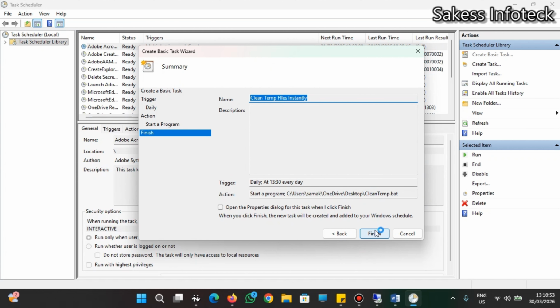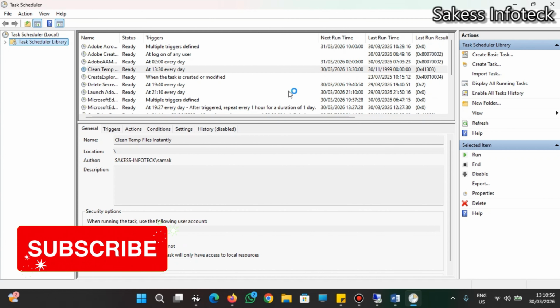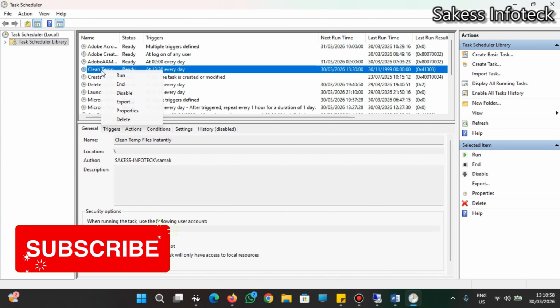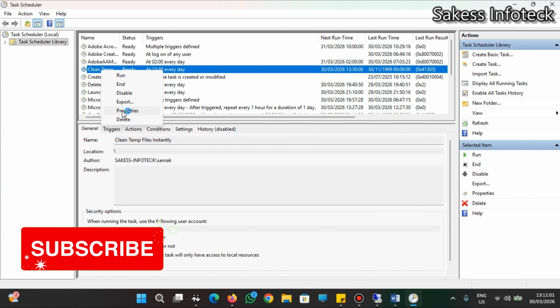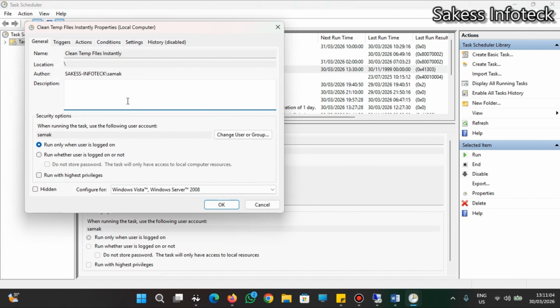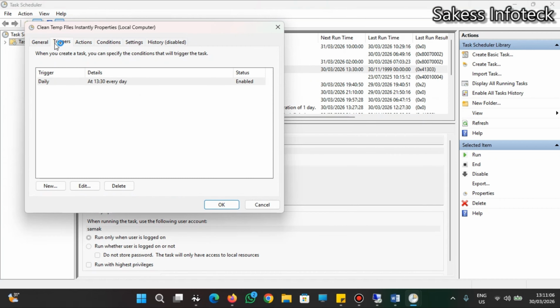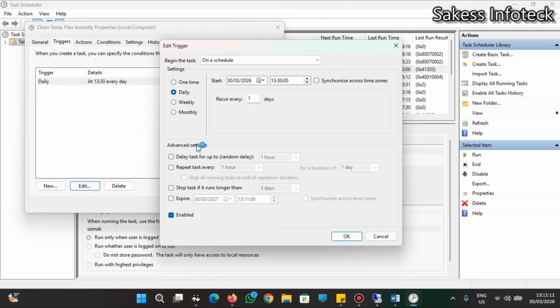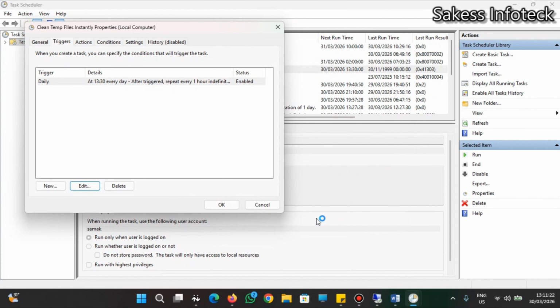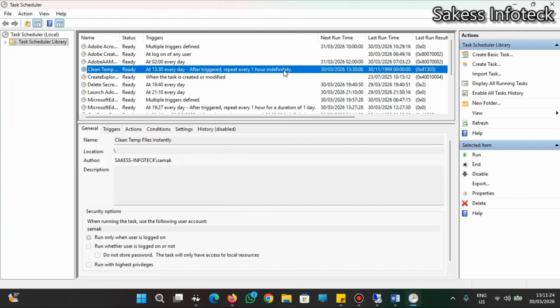So to automate that, to run every 1 hour, we are going to right click on the clean temp and then we click on properties. So at the properties, we are going to click on the triggers. So at the triggers, we are going to click on edit, okay? And at the advanced settings, we are going to check the repeat task every 1 hour. For a duration of, we'll click on the down arrow and then we select indefinite. And then we click on OK and then OK, okay? So that is it. So this task is going to run every 1 hour to clean your temporary files automatically,